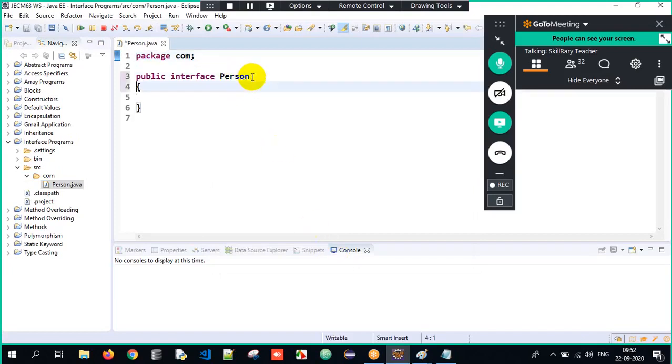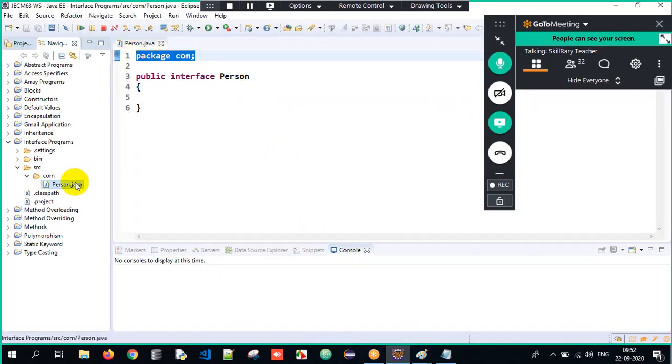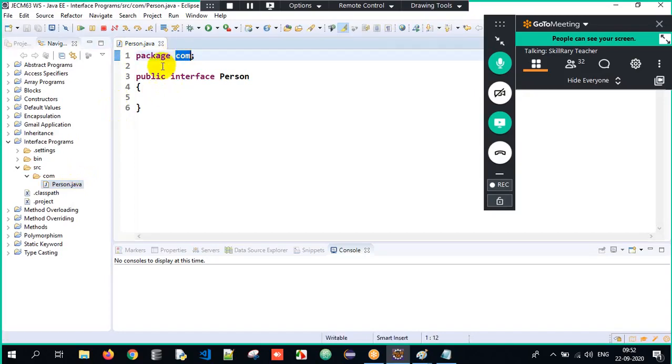See here, this is a beautiful Java program. Package com means there is a folder by the name com, and the Person.java file is present in the com folder. Public is an access specifier wherein everyone can access it. Interface is a Java type definition which has to be declared using the interface keyword, meaning it is similar to a class which has to be declared using the interface keyword. Or we have two definitions: it's a medium between two systems, wherein one system is the client and another system is an object with services.